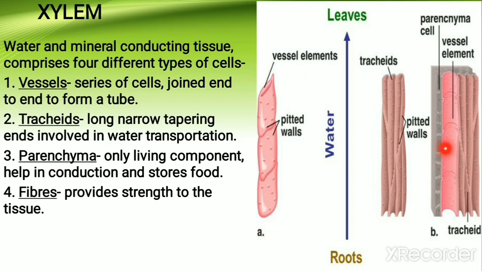And just adjacent to that vessels, for example here you can see that this tube is a vessel in which these cells are joined end to end and they are forming a tube. And just adjacent to these vessel cells, tracheid cells are present which are tapering at the end. What is the meaning of tapering? Means they are pointed at the end. So adjacent to the vessels, they are the tracheids, and they will also help in the transportation of water. And then these are the parenchyma cells which will store the food material, and just adjacent to that vessels, some fibers are also attached here which will provide strength to the main xylem tube.